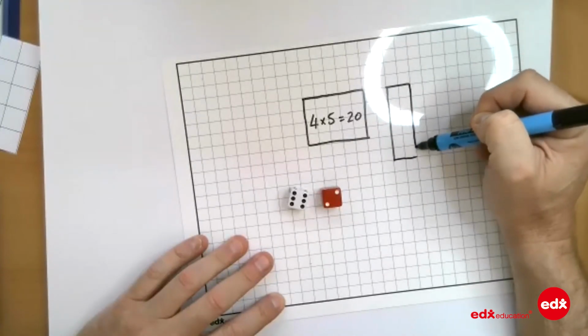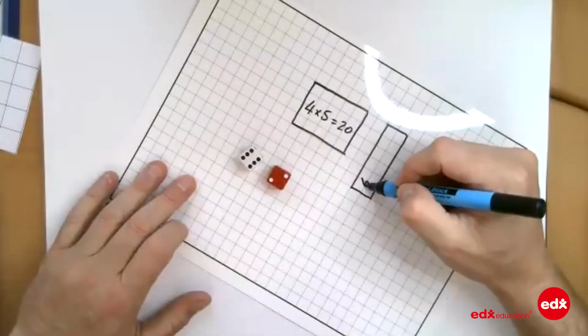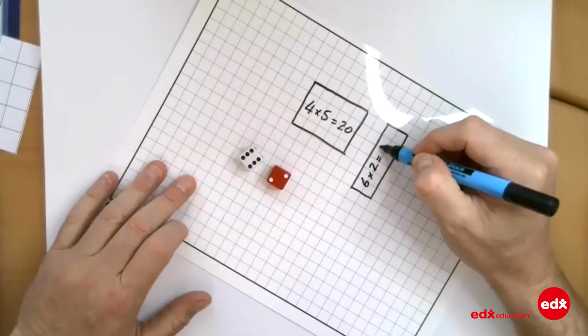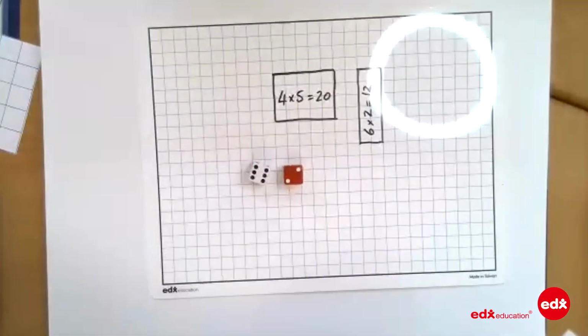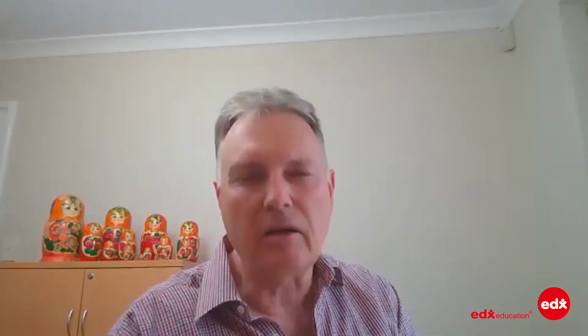And now I've got 6 rows of 2, and I might have to turn that around a little bit to put 6 2s of 12. Now, after a while, when playing this game, and it doesn't happen overnight, I can't kid you about that. After a while playing this game, sometimes children are going to throw 5 rows of 4. They've already got 4 rows of 5, and then they do 5 rows of 4, and they'll suddenly realise that,